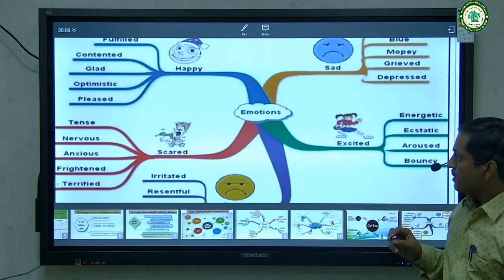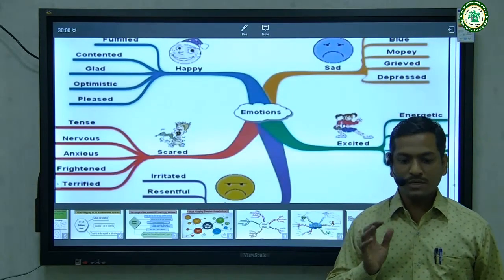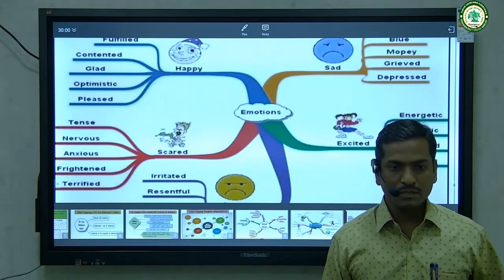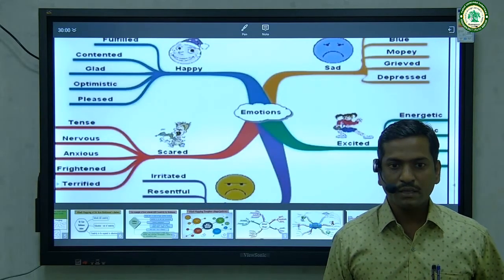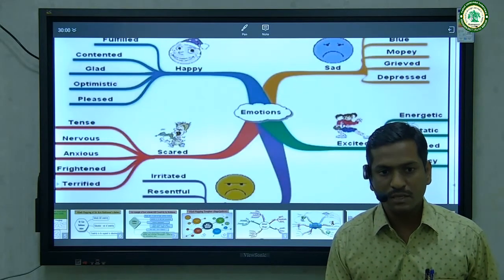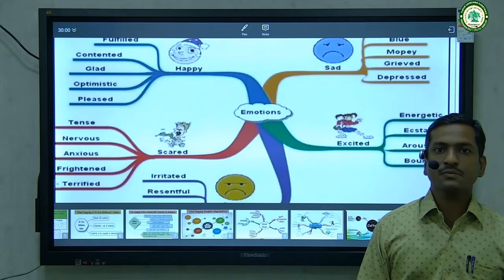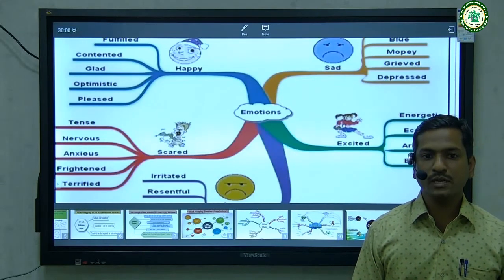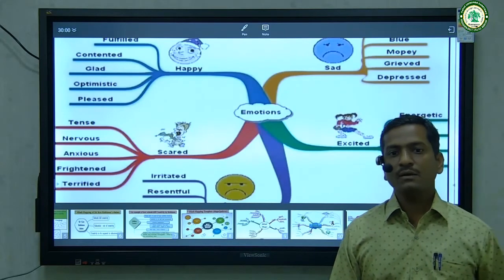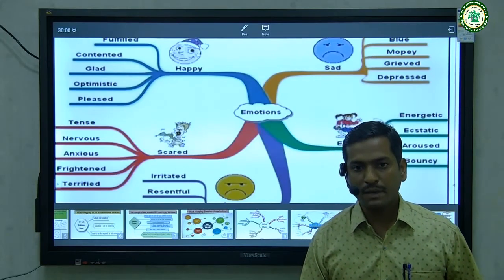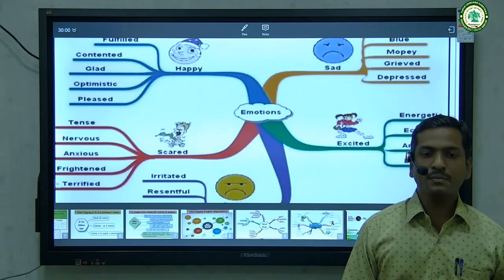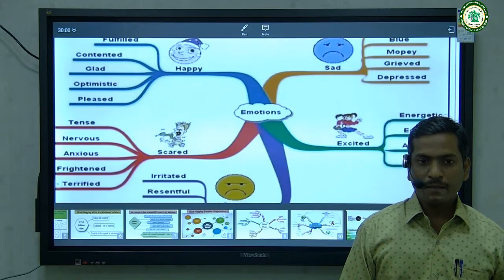So in this way, students, we discussed mind mapping. What is a mind map? The central concept of mind mapping. Then we discussed the various claims made by Kate Robinson. Then various kinds of shapes, designs or patterns you can use in your mind map. Then we learned the benefits of mind mapping. Then which kind of images and shapes you can adopt while doing a mind map.